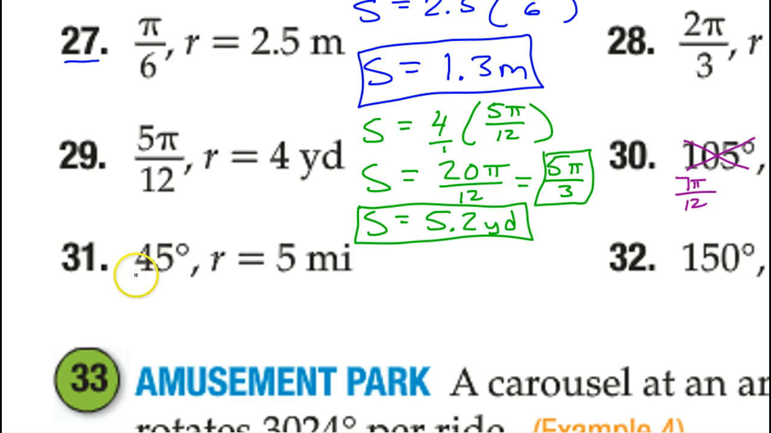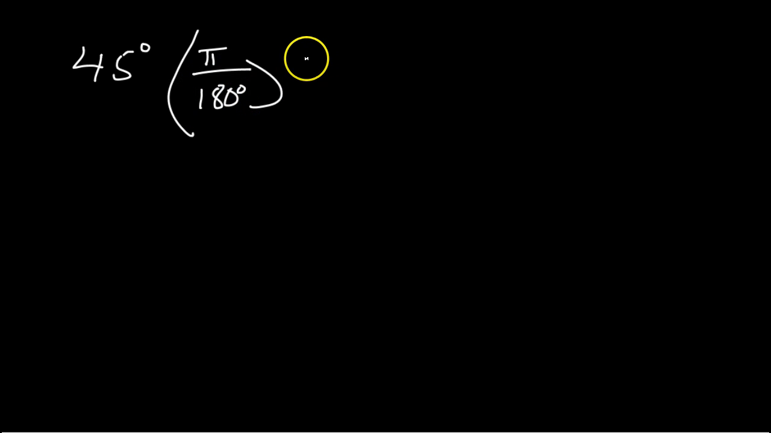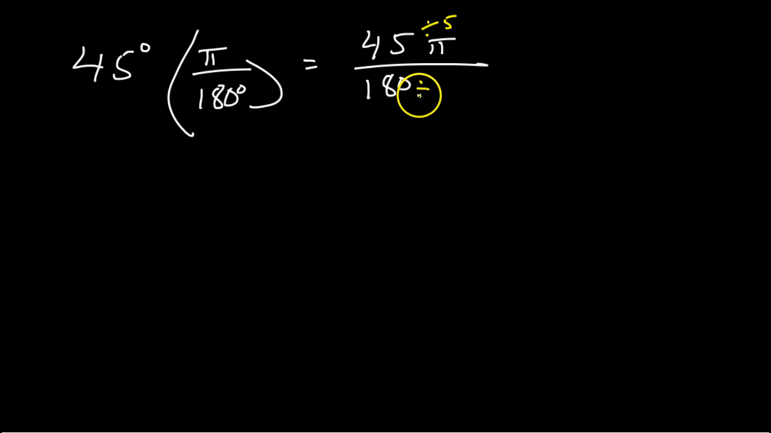Okay, and similarly, number 31, again, is in degrees at first. So let's do that same thing again. And so we've got 45 degrees. So I can convert that to radians by multiplying by pi over 180 degrees. Okay, so basically I'm dealing with 45 pi over 180. I can tell that both of these are divisible by 5, because this ends in 5, this ends in 0, so you know they're divisible by 5. So if I do that,